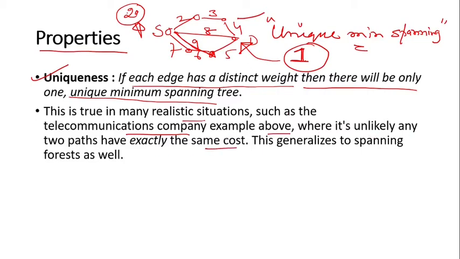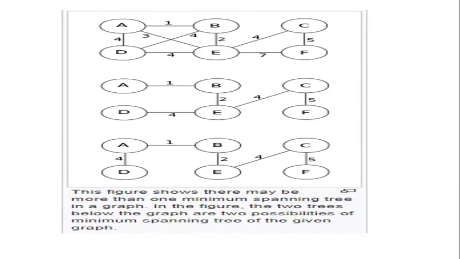So in the case of a telecommunication company, when they are going to fix the telecom wires inside the soil, it is unlikely that all the costs will be similar. Definitely all the costing will be different for different distances, different paths, different roads. So in that case this uniqueness will definitely arise, when they are going to fix the wires.